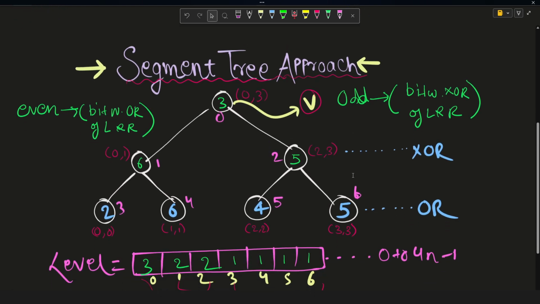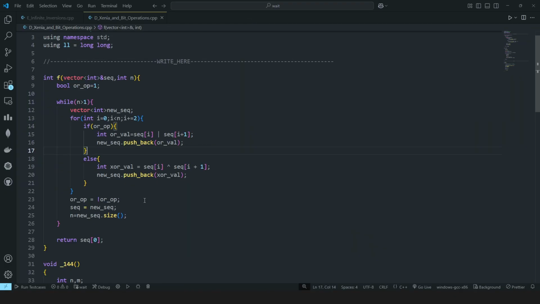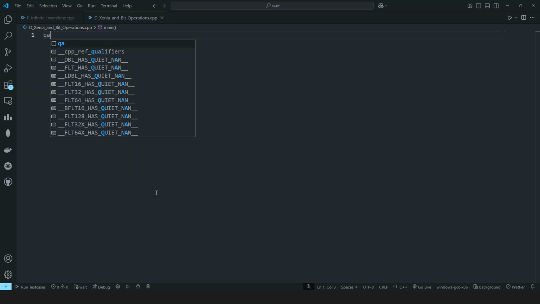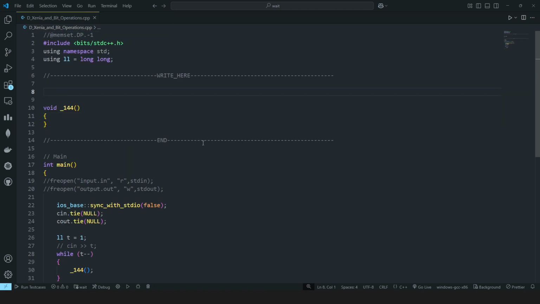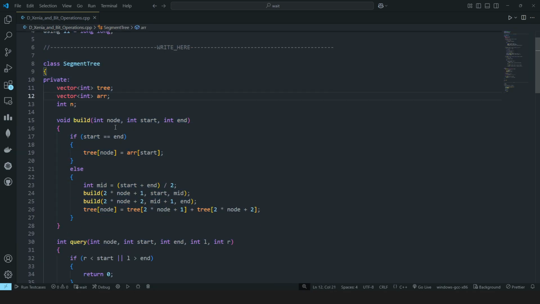Let us now go to the code editor and code this up quickly and see if we are right or not. So this was our brute force approach, right? So let me erase all of this. Let me quickly paste my standard segment tree template here. As you can see, this is my standard segment tree template supporting mainly three operations, that is build, query